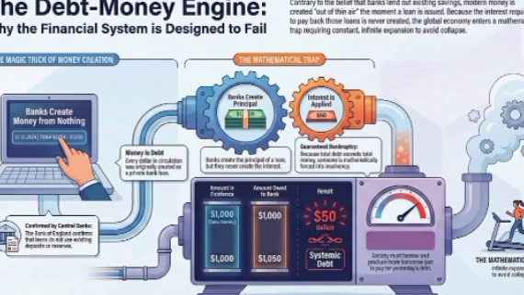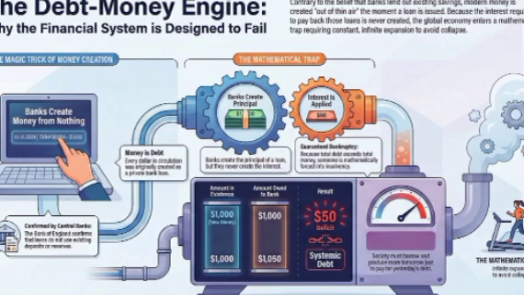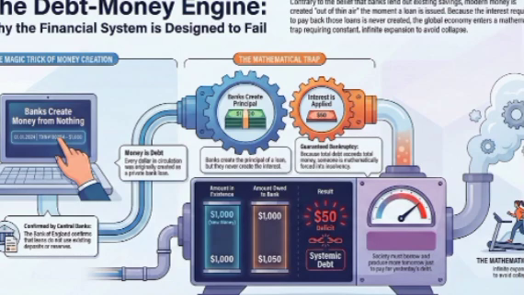Like minted coins or tally sticks. Or early paper notes. This money was spent into the economy to facilitate trade, fund public works, or, very often, to fund wars. But the key is, it was created free of debt at the point of origin. Exactly. It didn't have an interest rate attached the moment it was born. But over centuries, these legal historians show how this monumental power was slowly transferred out of the public sphere and delegated to private hands. So how does a sovereign state just give up the most powerful tool it has?